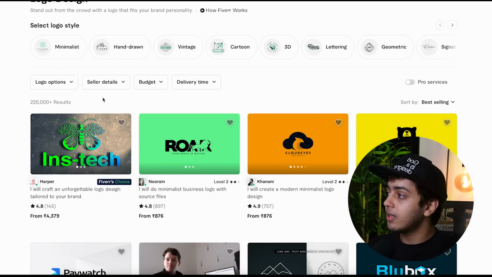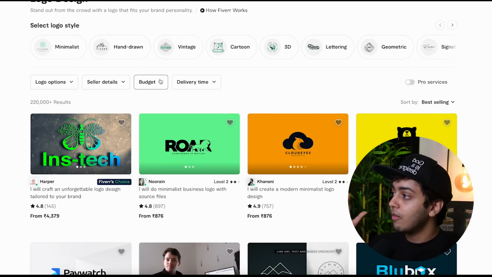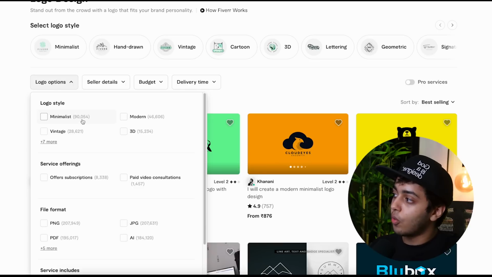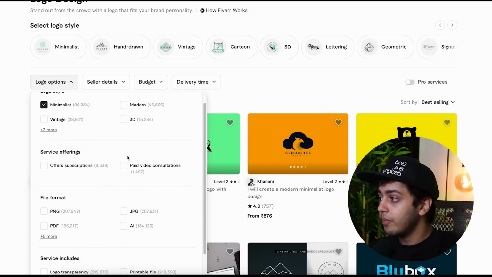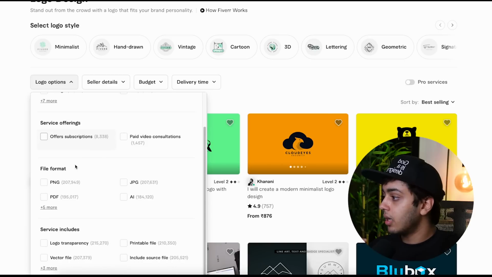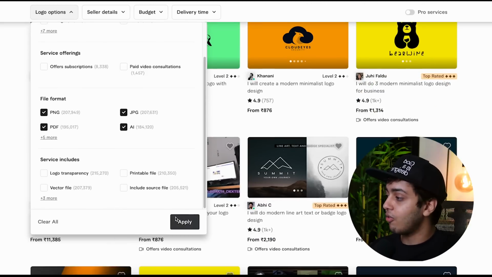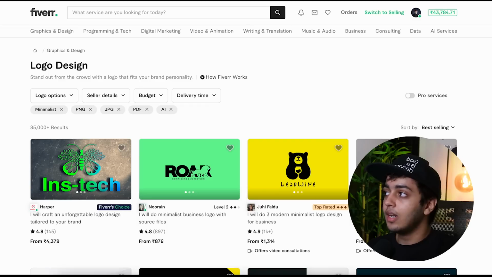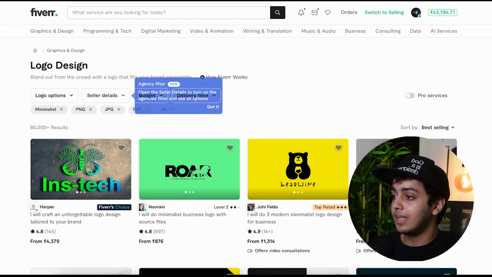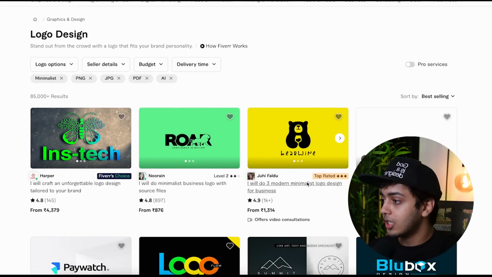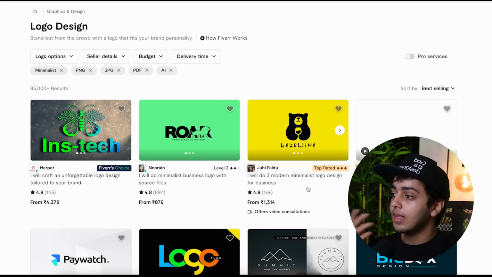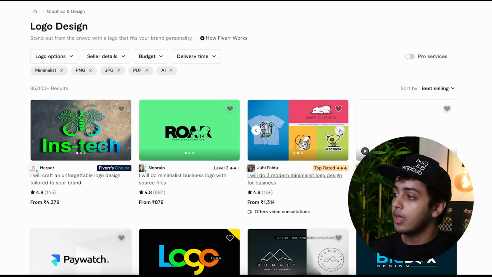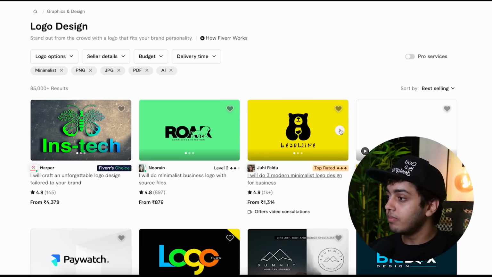The best part about Fiverr is you can see these filters. So let's say if you want a minimalistic style of logo, let's say you want all the file formats. Obviously you would want every file format, so you just apply it and then you'll get a bunch of options in that basic category. Okay, let's just look at, I will do 3 modern minimalistic logo design for business. So this is an example of someone who is selling their services on this tool,